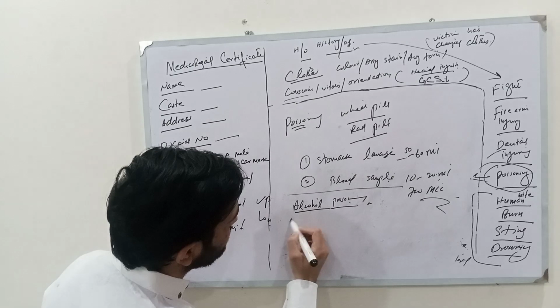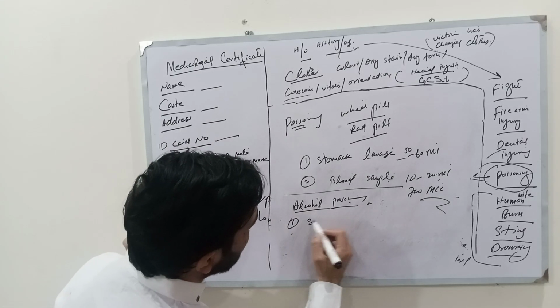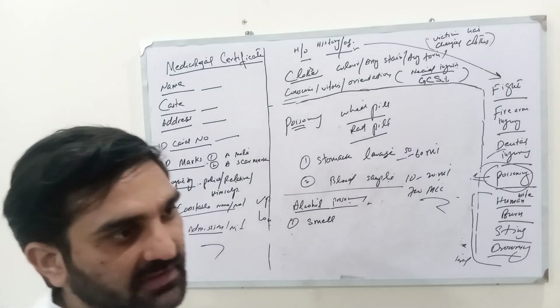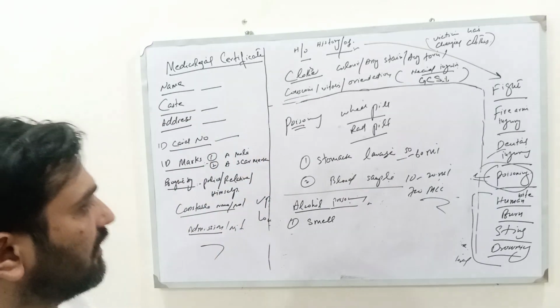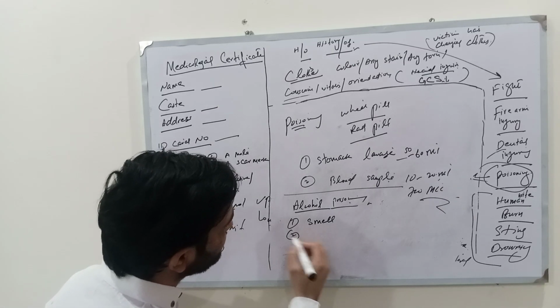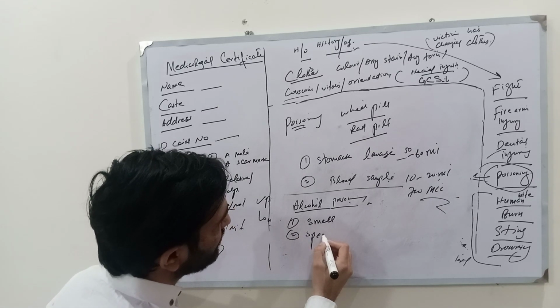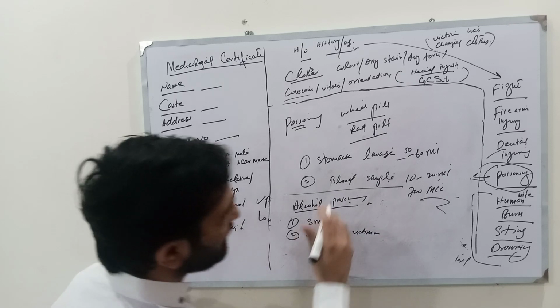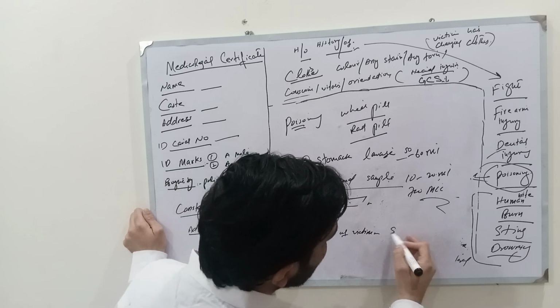First, smell. If there is alcohol intake in excess quantity, you will have a definite smell. Second, you have to look at the speech of the victim. If there is alcohol poisoning, speech is slurred